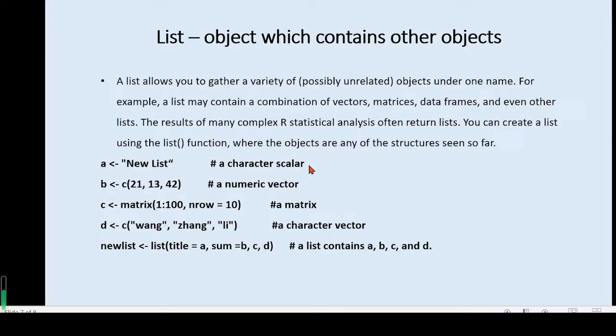And for the list, a list allows you to gather a variety of possibly unrelated objects under one name. For example, a list may contain a combination of vectors, matrices, data frames, and even other lists. And the results of many complex statistical analyses often return lists. You can create a list using the list function, where the objects are any of the structures we have seen so far. For example, these are 4